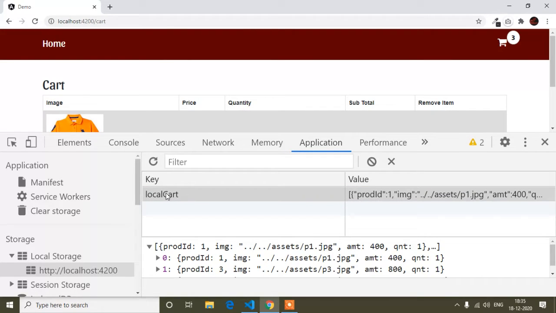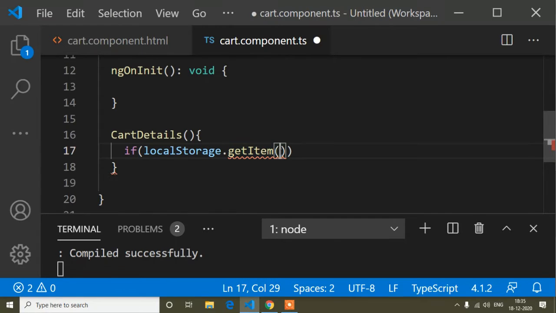Everything I have already explained: what is a key, the local storage key, and how to get the product. If you are not understanding, you have to watch all my previous tutorials step by step. So here I will copy this key, the local cart key, and I will write it here.